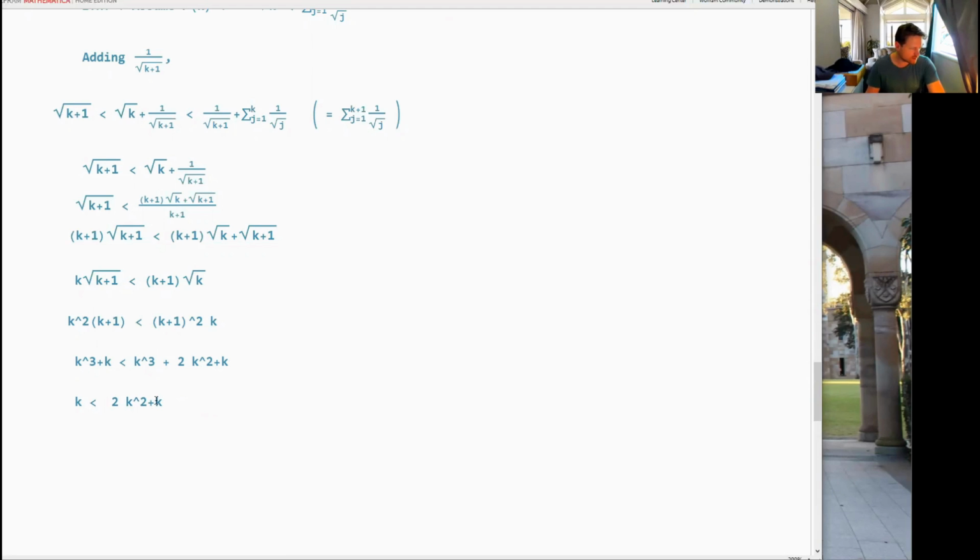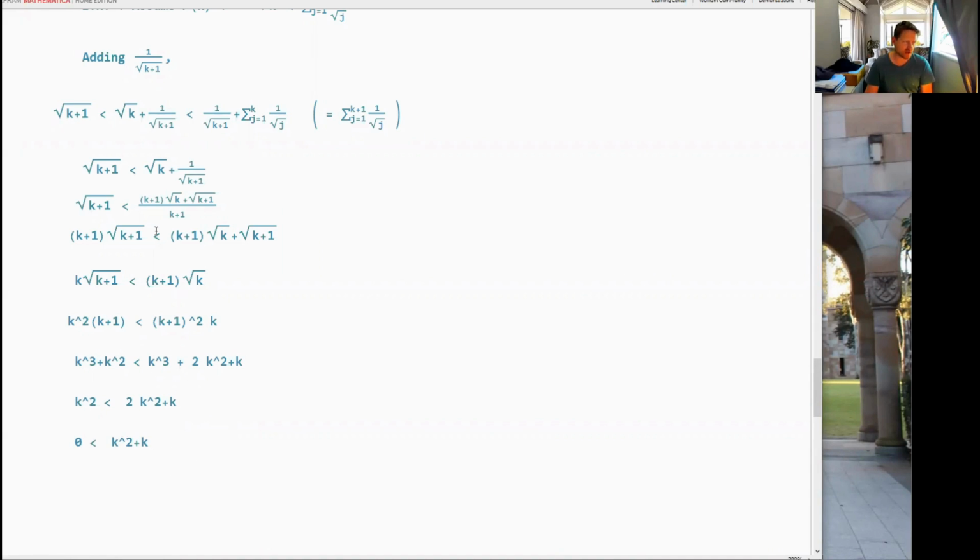And then, seems like I might have done some dodgy arithmetic here, have I? Yeah, I have. So that should have been a k squared right there. Okay, so that changes things a little bit. So we got this. So this is a k squared now. Okay, and then the last line is that subtracting k squared from both sides, this is positive,